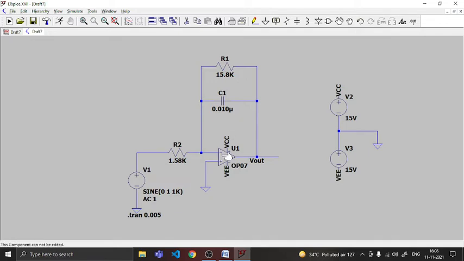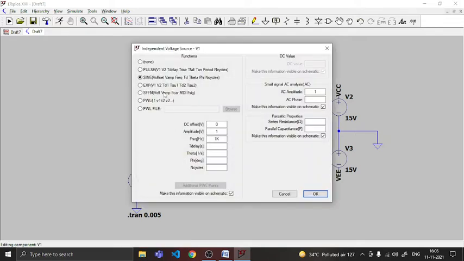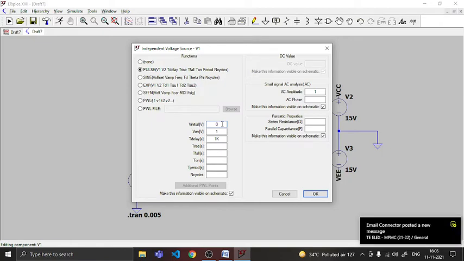So for that we don't have to make the whole circuit again, we have to just change the input here from sine to square. So just click the right button on the voltage source, and from sine voltage source just click on the pulse, meaning square voltage source. Okay, now if we give the square voltage source, we have to change these parameters, such as I will keep this initial as -1,